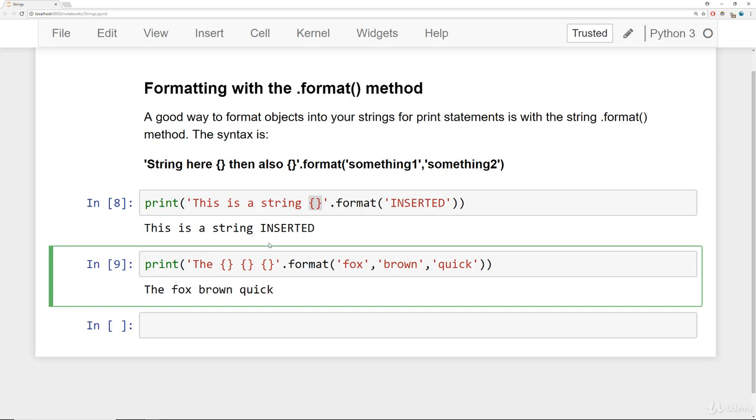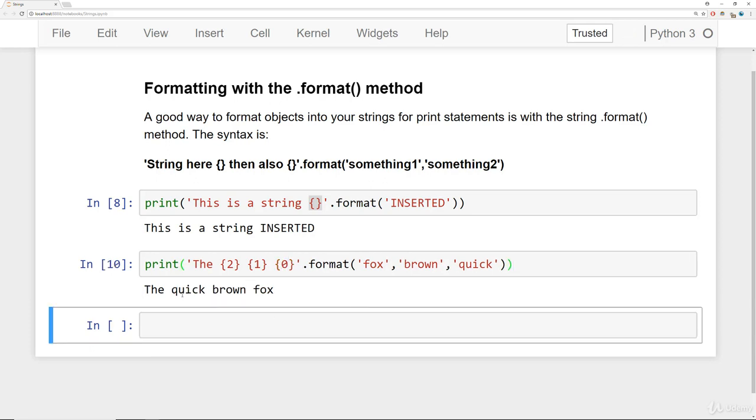What would be nice is if we actually have this make grammatical sense, which is going to be the quick brown fox. What we can do is based off the index position inside of this format call, I can supply those numbers in the order I want. So the very first word I want is actually quick. So this is at index position 2 because it's 0, 1, 2. So I'm going to say, okay, 2 goes first here. And then the next word I want is going to be brown. So that's at position 1, so 0, 1. And then the first word, fox, at index 0 here is going to be the last one I want. And then when I run this, I get back the quick brown fox.